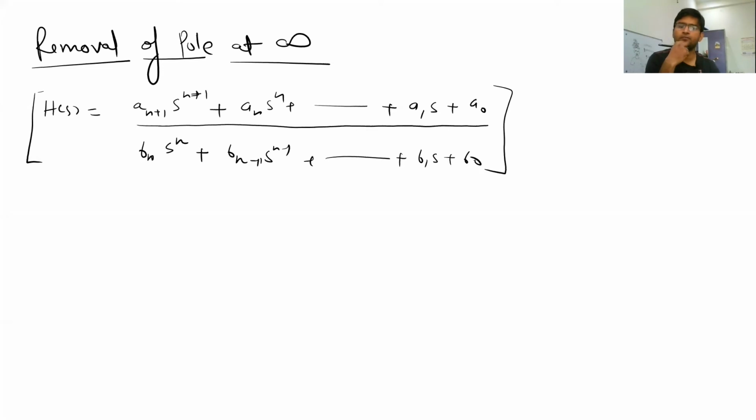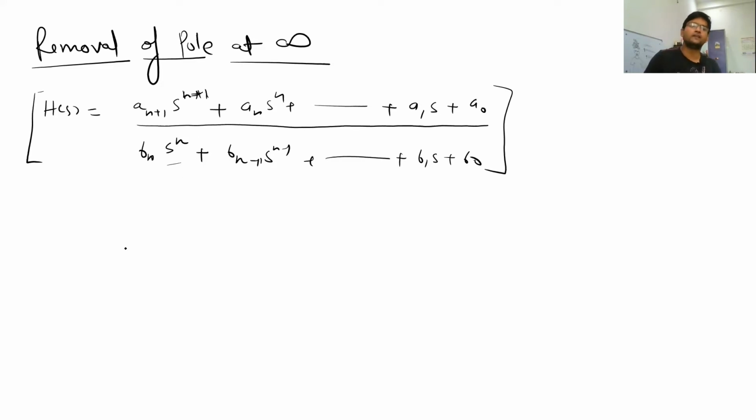And if we have to remove it, or take it into the physical form, then we will leave the remaining network function H(s) in the form of mathematics itself. For the sake of removing that pole, we have to first see whether the numerator power is greater than the denominator power by one or not. So in this polynomial, we see that the highest power of numerator is n plus 1, and the highest power of denominator is n.